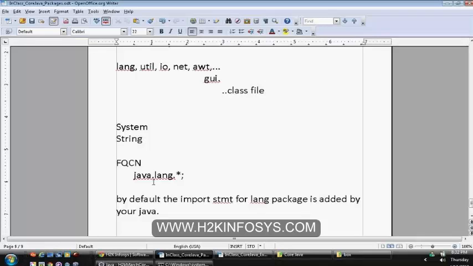It needs to be resolved to the fully qualified class name, which will be taken care of by the implicit import, which is import java.lang.*. So not only these two class files, whatever class files are available under java.lang are implicitly available directly to you to write inside your method.